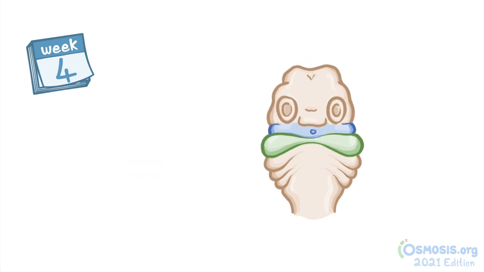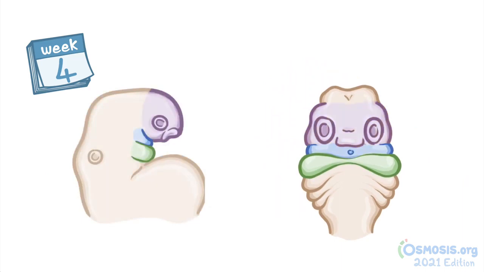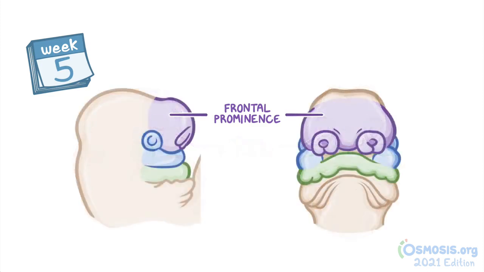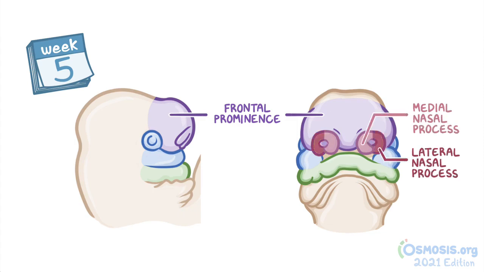Now, development of the face begins in week 4, when 2 patches of ectoderm on the frontal prominence start to proliferate, forming 2 thickenings known as the nasal placodes. During week 5, the mesodermal cells surrounding each nasal placode proliferate rapidly to form a horseshoe-shaped swelling. The inner half is called the medial nasal process, and the outer half the lateral nasal process. The region of the frontal prominence where these changes take place and the nose will develop is called the frontonasal process.